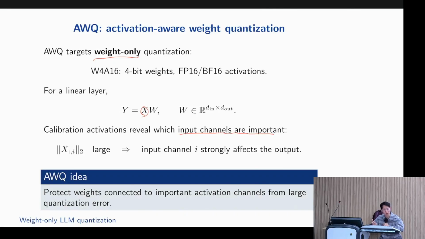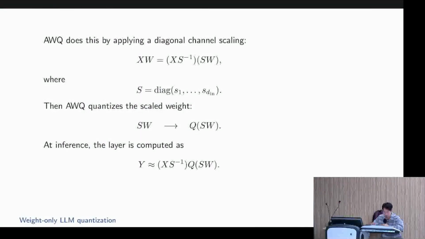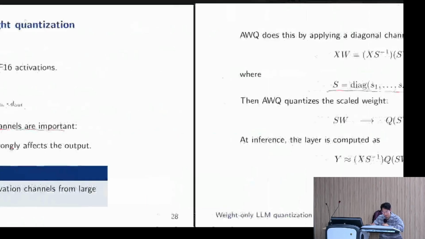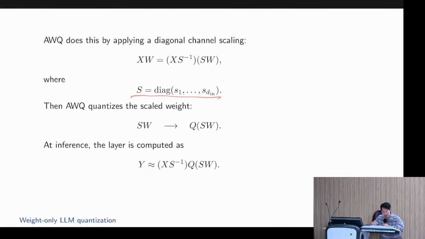Then you want to put more weight into quantizing the corresponding weights. So you want to introduce this diagonal matrix S that measures sensitivity along these channel dimensions. Without quantization, it's the same operation. You multiply by S inverse and S, but